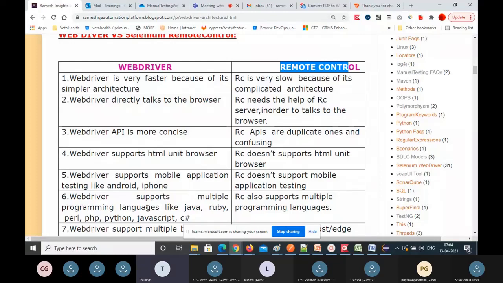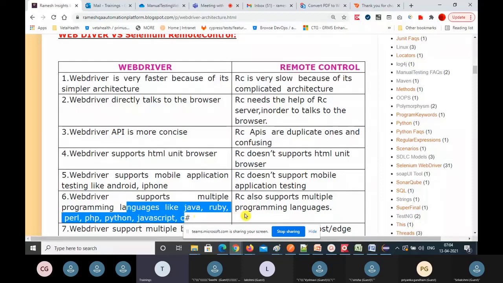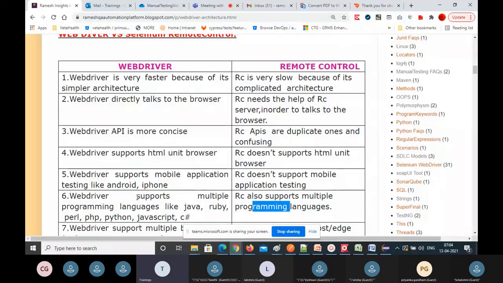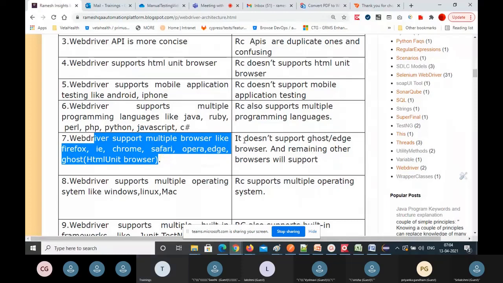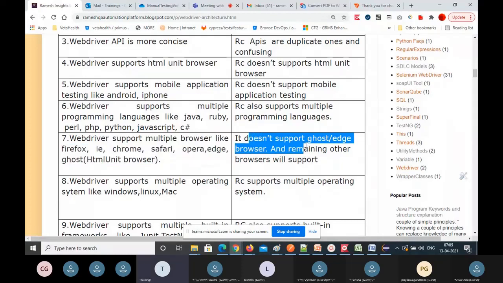WebDriver supports multiple programming languages like Java, Ruby, Perl, PHP, Python, JavaScript, C#, all this. RC also supports them, because this feature came from RC to WebDriver. So these are common features. WebDriver supports multiple browsers, all the latest, but RC doesn't support Edge and these latest browsers, which are supported by WebDriver.